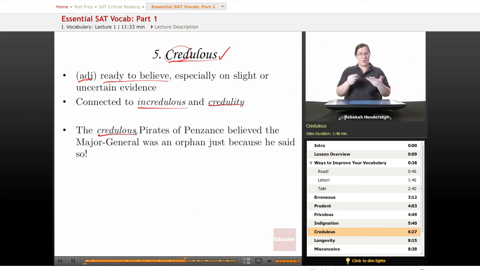Well, it's kind of gotten around that they do this, and so everyone they capture says he's an orphan. And at one point, a very important character, the Major General, tells them that he's an orphan and therefore they can't kidnap his daughters, which is what they wanted to do. Well, later on, a character tells the Pirate